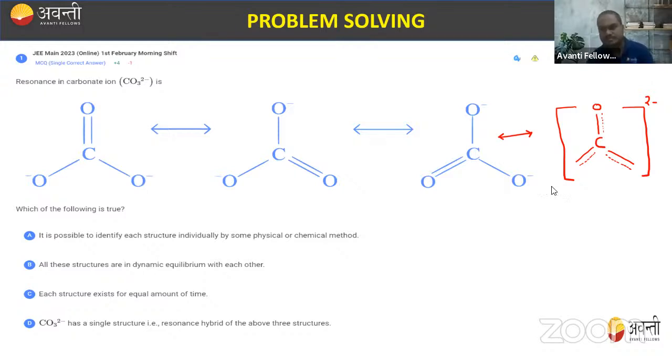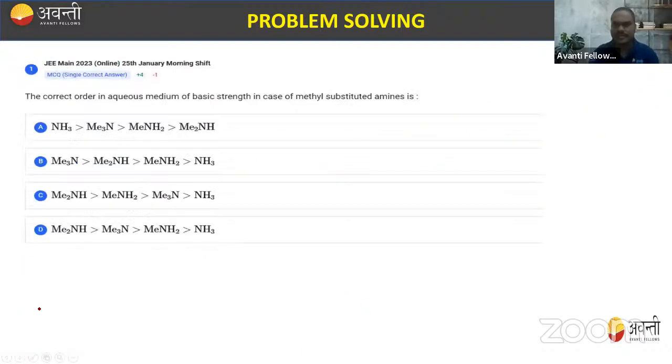You can understand it like this: CO3 has a single structure that is the resonance hybrid of the above three structures. So option D is absolutely correct for this question, right? Let's move to the next question, beta, that is,